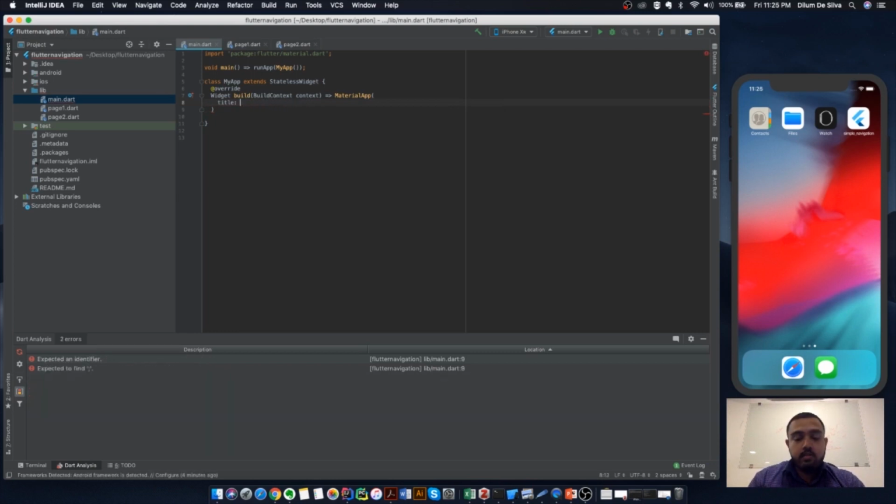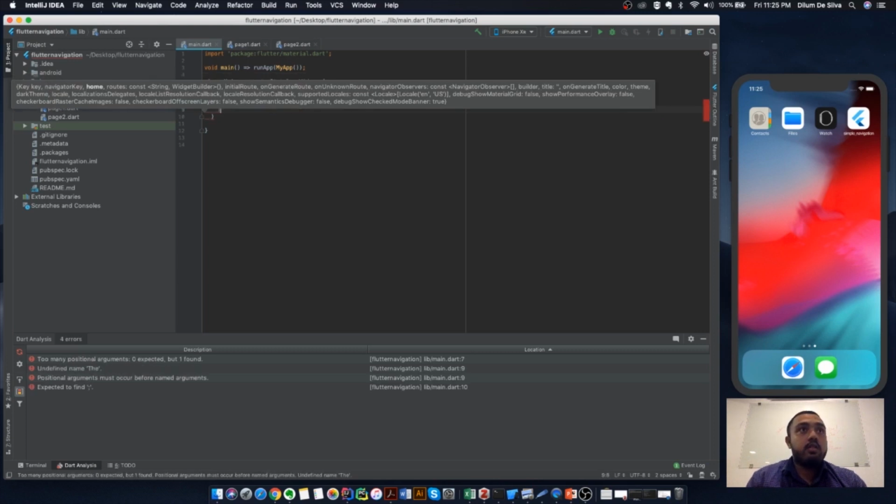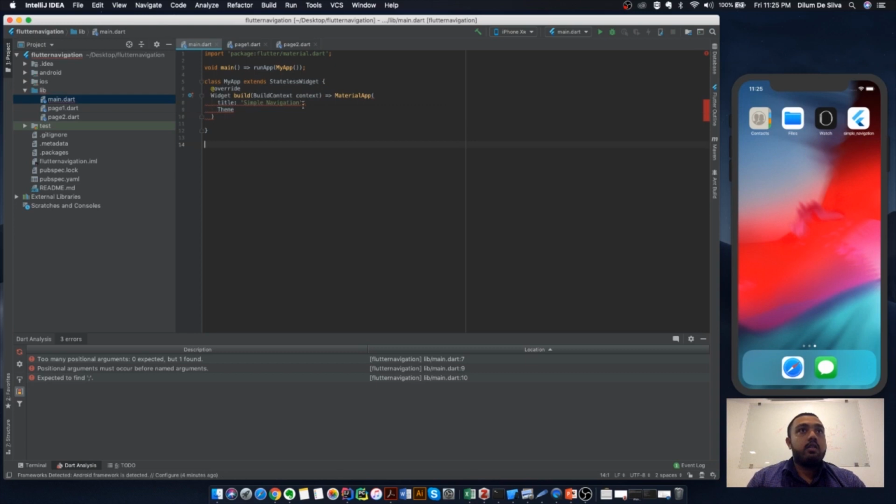It would be a string. Simple navigation would be my